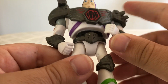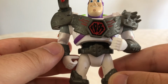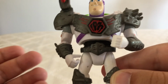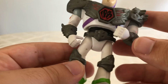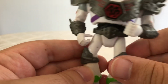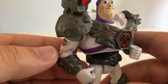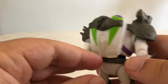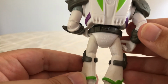Now, another thing that's interesting is this gray piece right here. It's kind of like a gray belt. It's not a utility belt, but that would have been even cooler. But it still kind of looks like a belt here. He's got his gray, it looks like knee pads, armor right here on his shoulders. We take a look at the back of him, even his jetpack has armor on it, so that's really